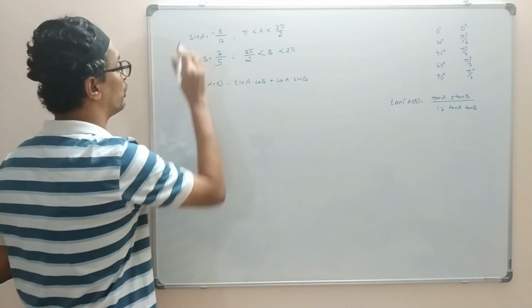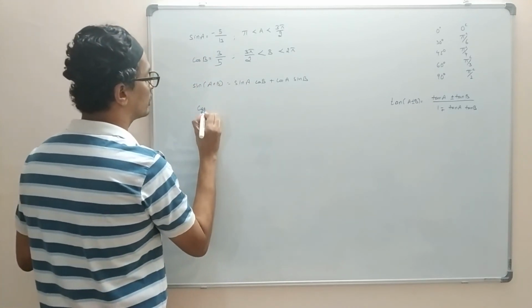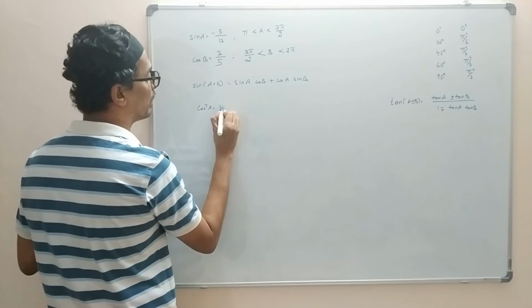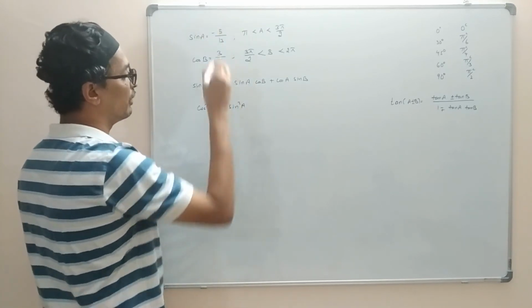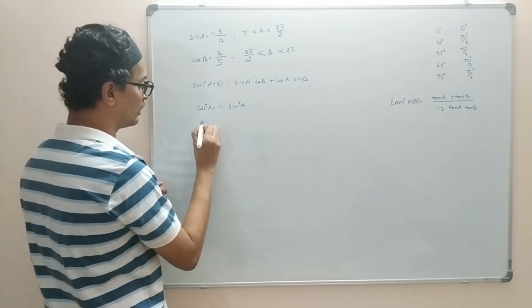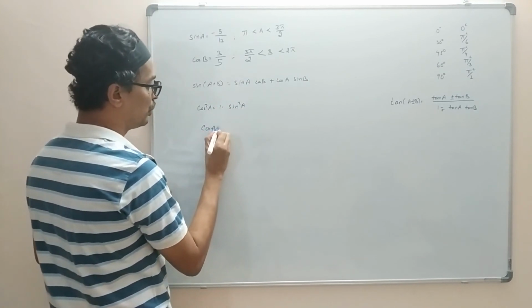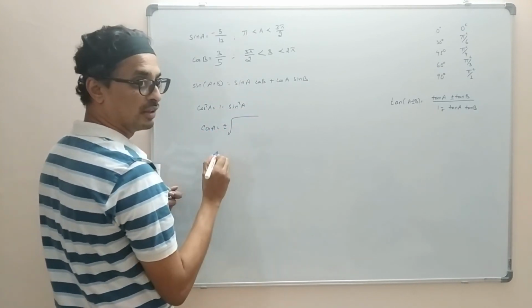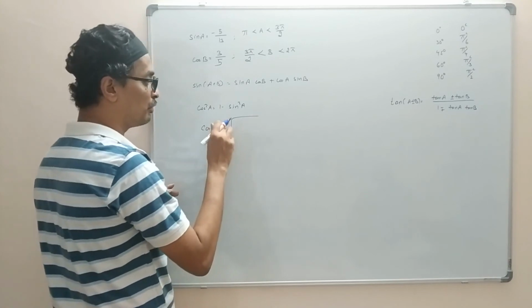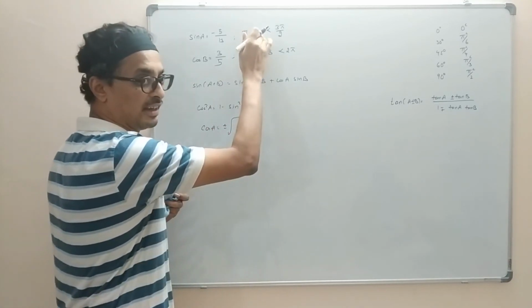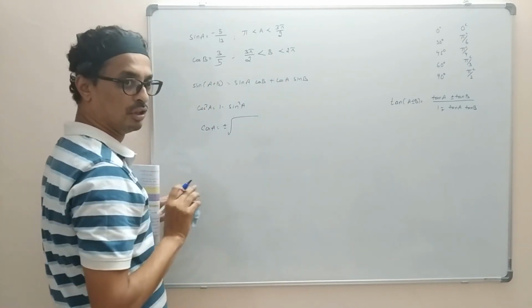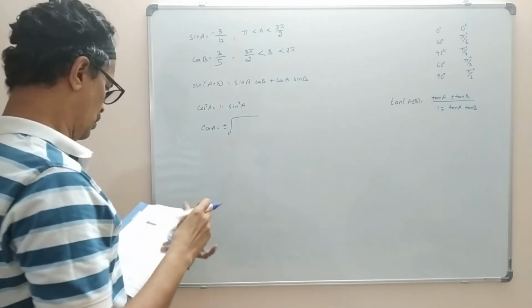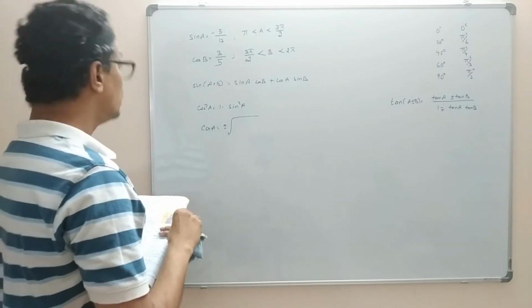To find cos A, cos square A will be equal to 1 minus sine square A, correct? So put the sine A value from here, and when you find cos A you will get plus minus root of something. This plus minus is decided by which quadrant the angle is from. So only one value will remain, then you put it in and you can find all the values. This is the way you can solve the third problem.